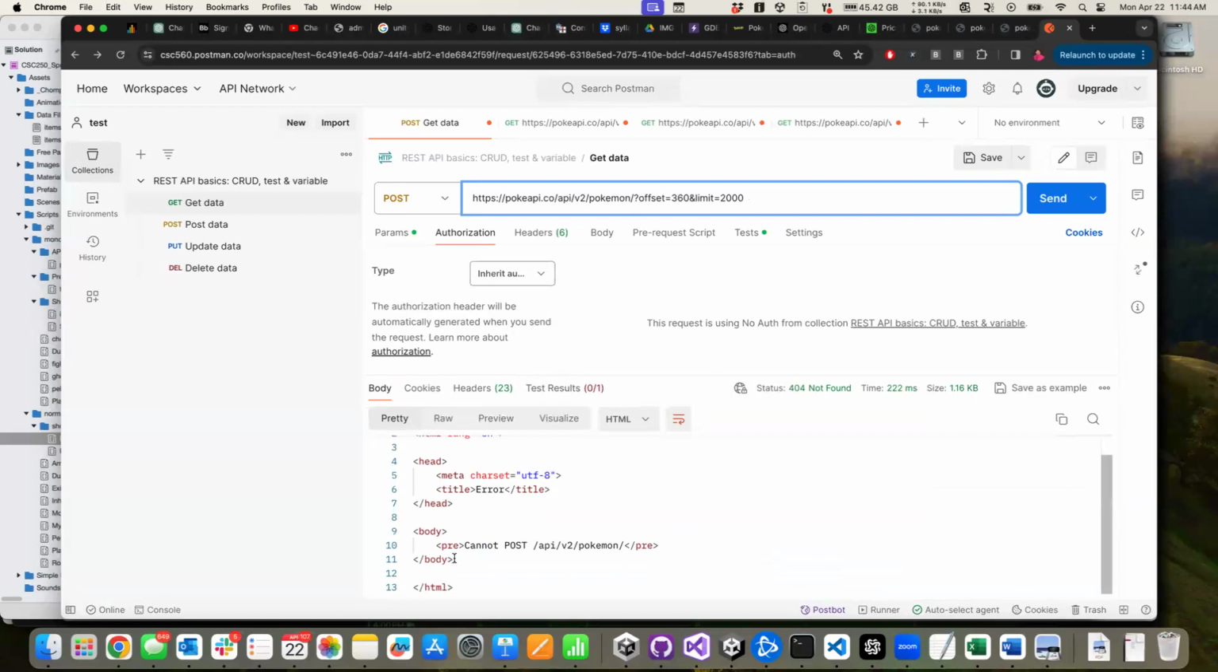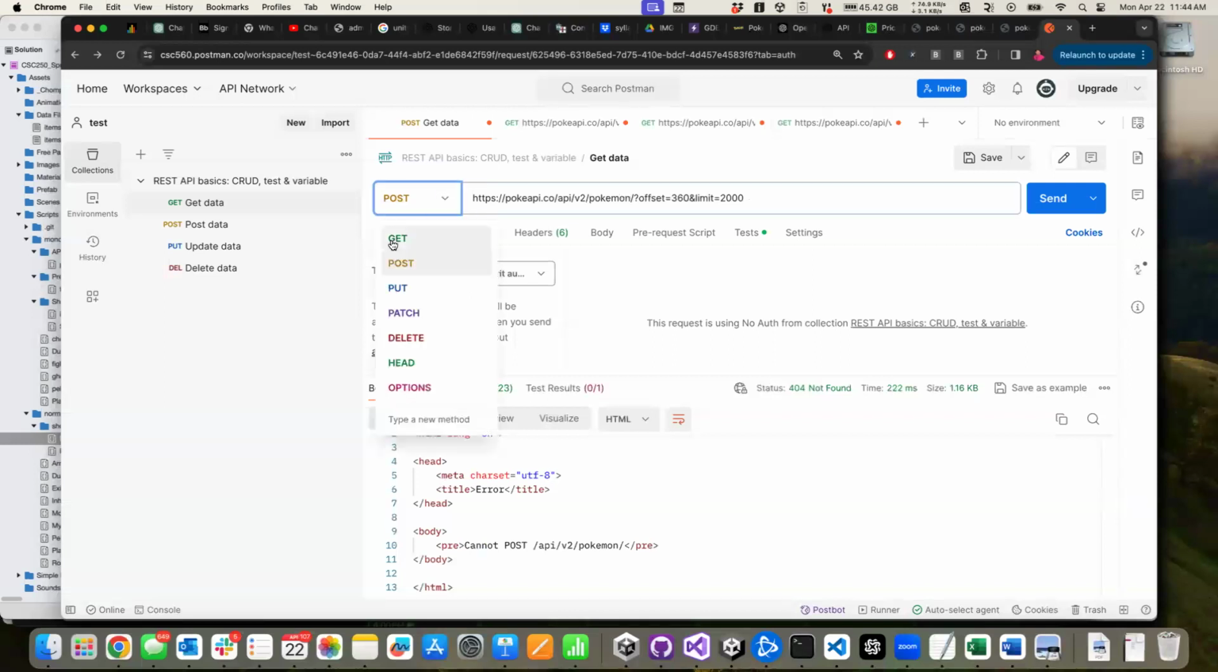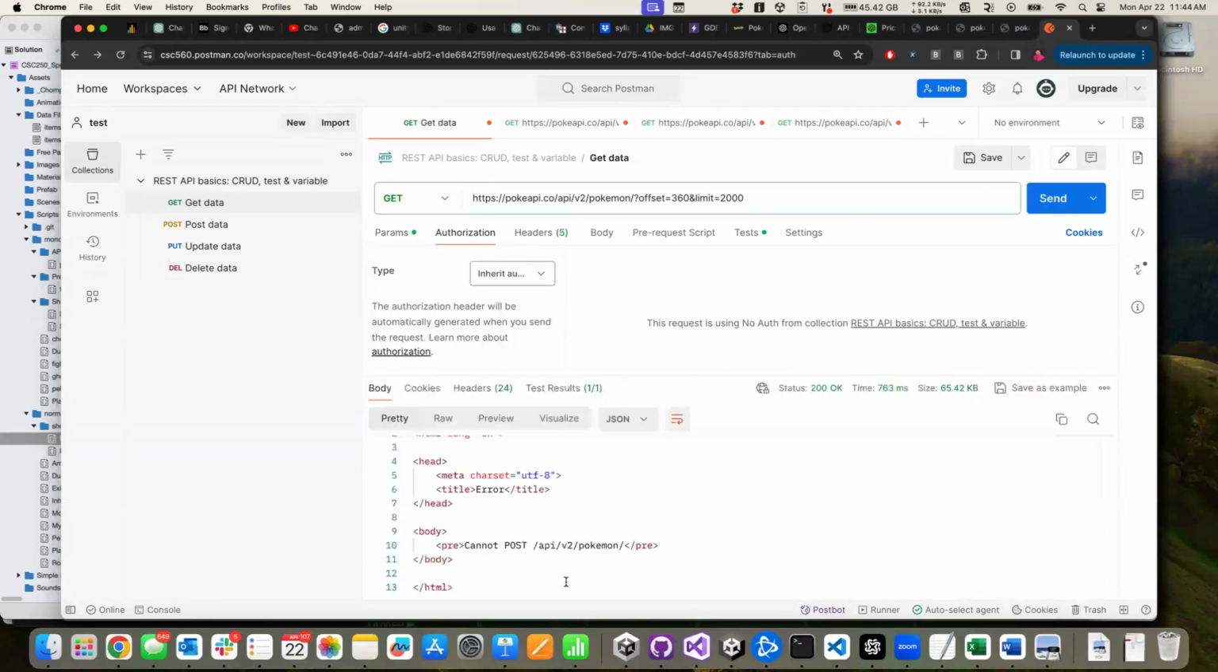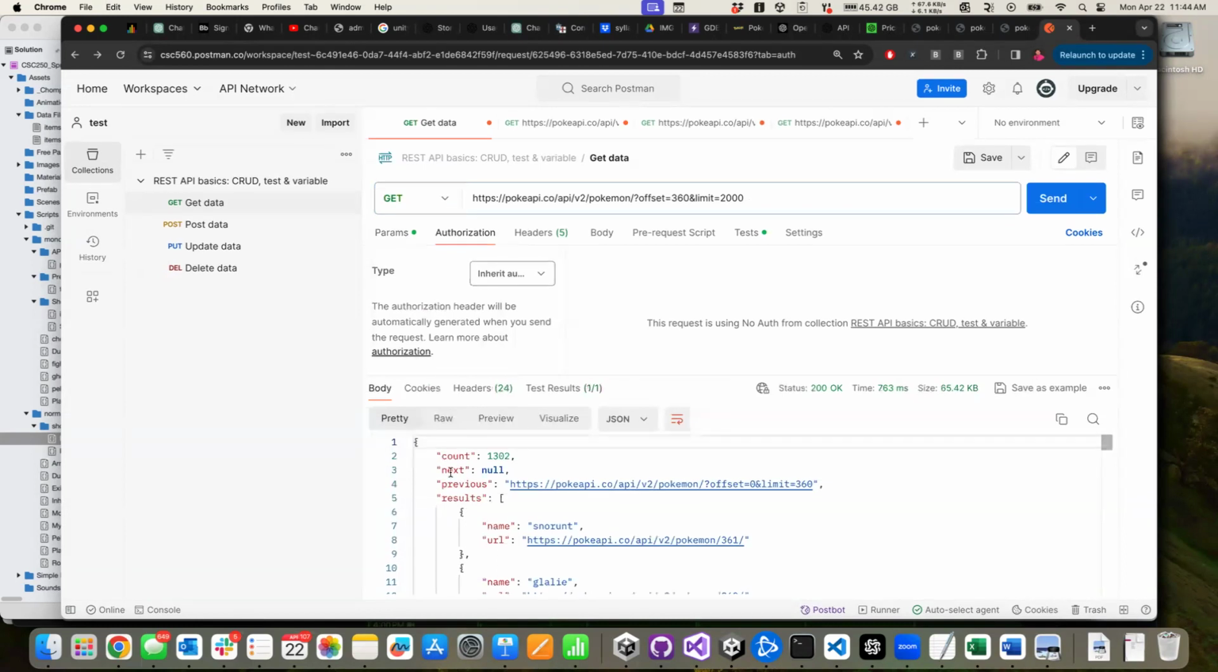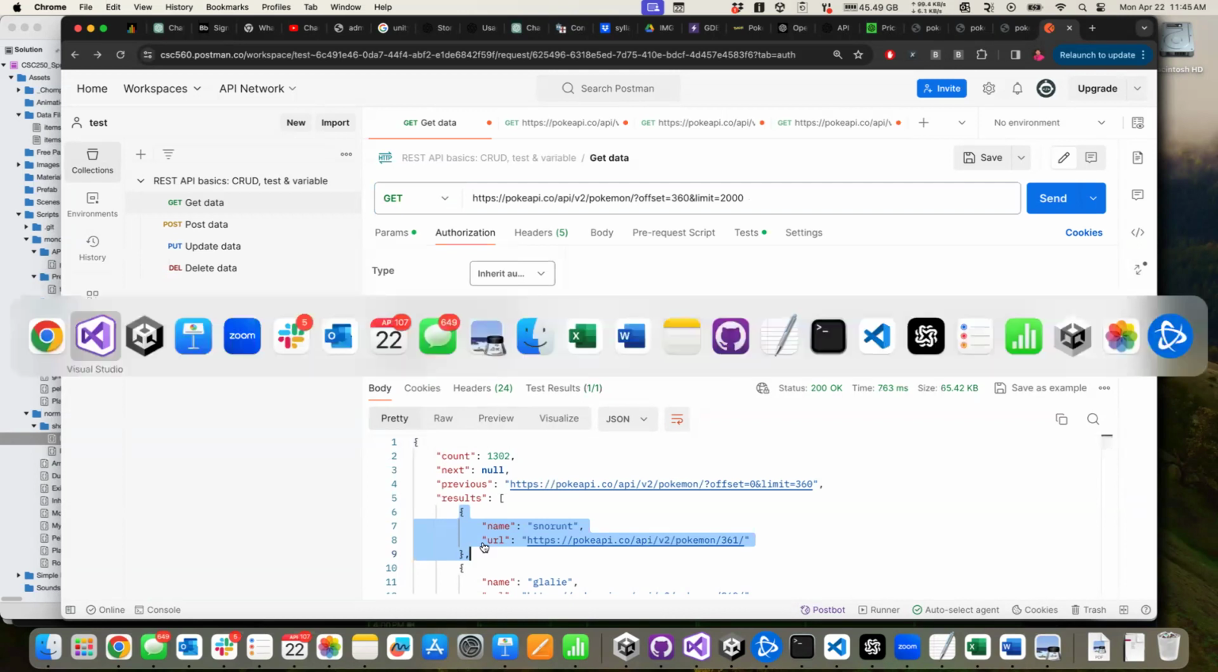Oh, okay. So here would be an example of an error message because I still had this set up as post. So I'm going to switch this to get, make that call again. All right. So now we have a JSON object that has a count, number of Pokemon, a next, a previous, and then our results. Our result is a collection of what? Of Pokemon, where a Pokemon has a name and a URL. All right. So if we were to go write the code for this,